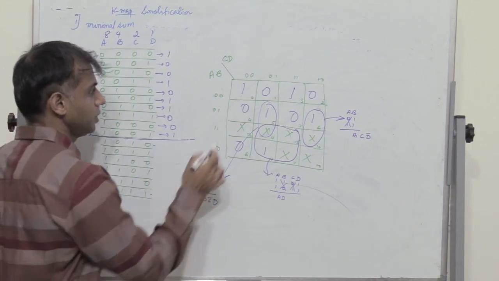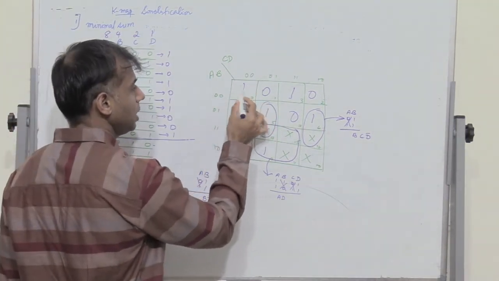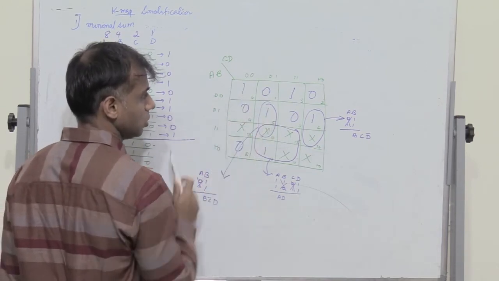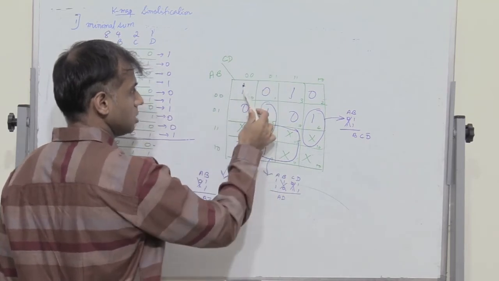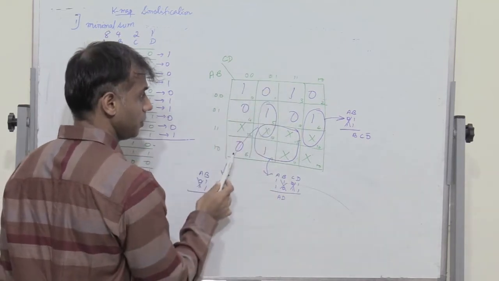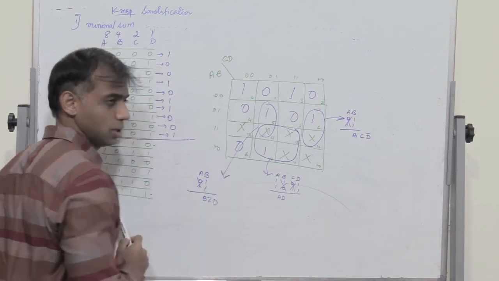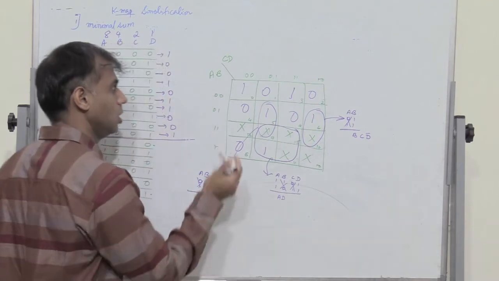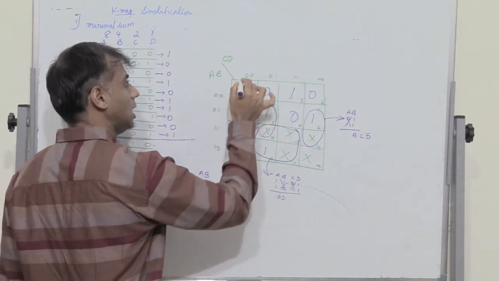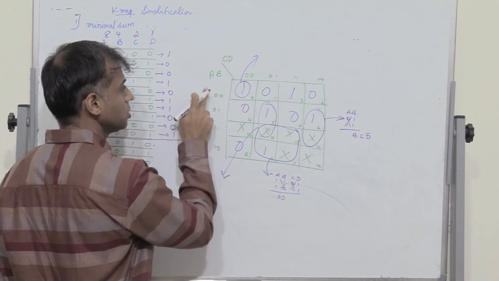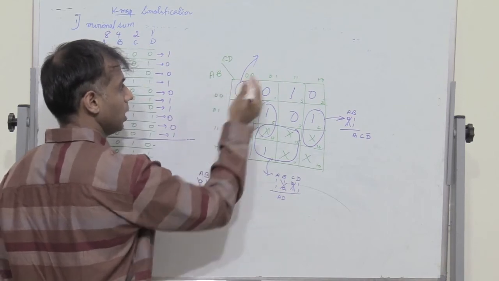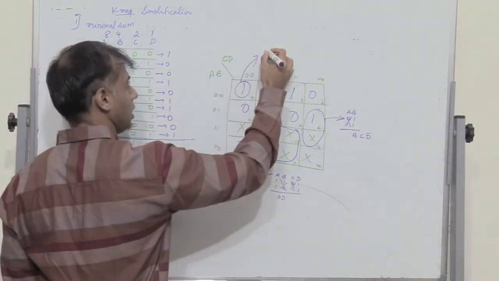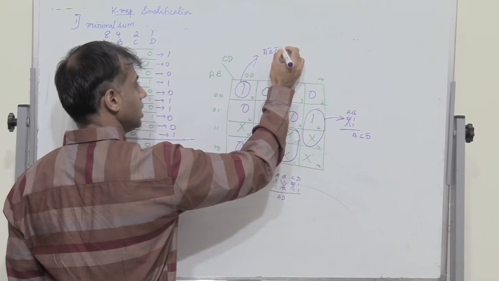and then I have this one. Now this one cannot be combined. So what are the adjacent elements? The adjacent to this one is 0 here, a 0 here, and then the adjacent to this one again is, I find that it is row 4, which is a 0 here, and the adjacent to this one is again column 4, wherein I have a 0. So this one cannot be combined. So I'll have 4 variables. So this corresponds to row 1 and column 1, wherein all the variables are 0, isn't it? So therefore you have A bar, B bar, C bar and D bar.